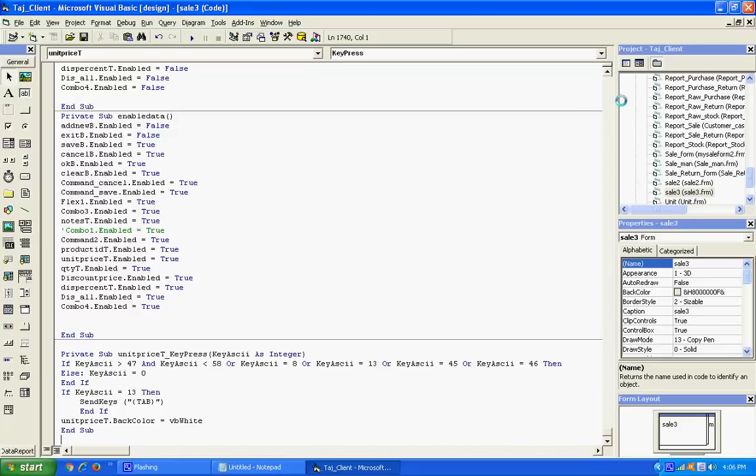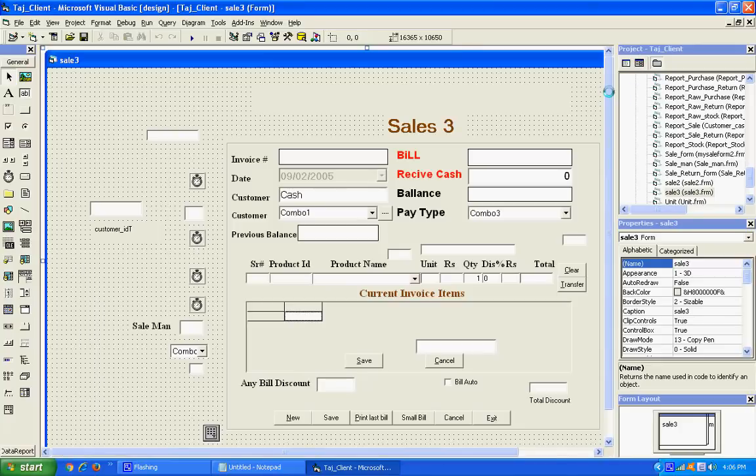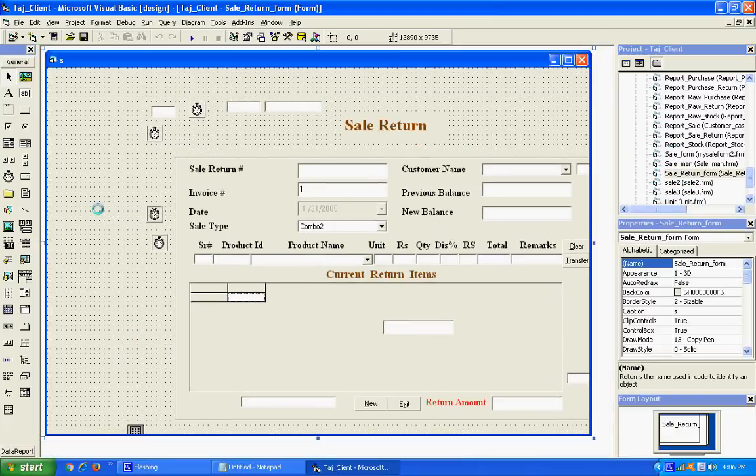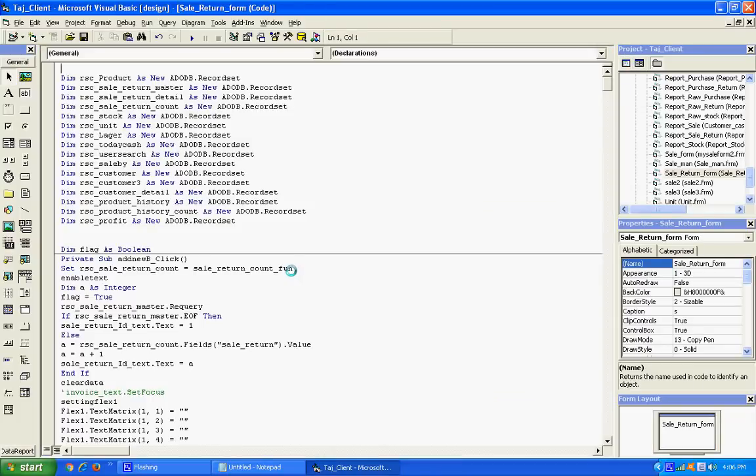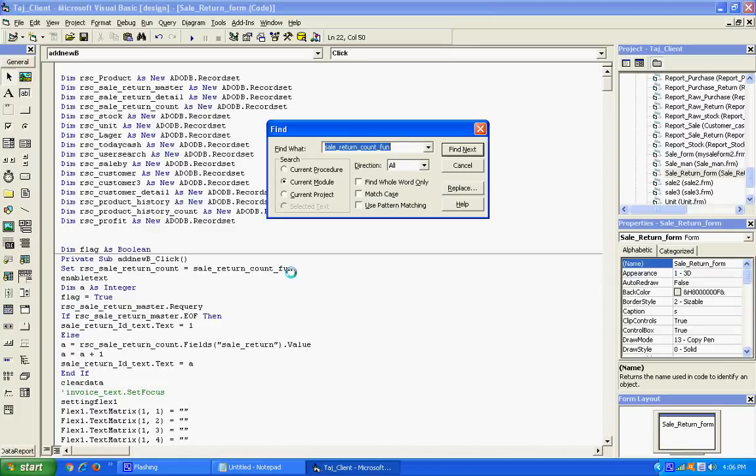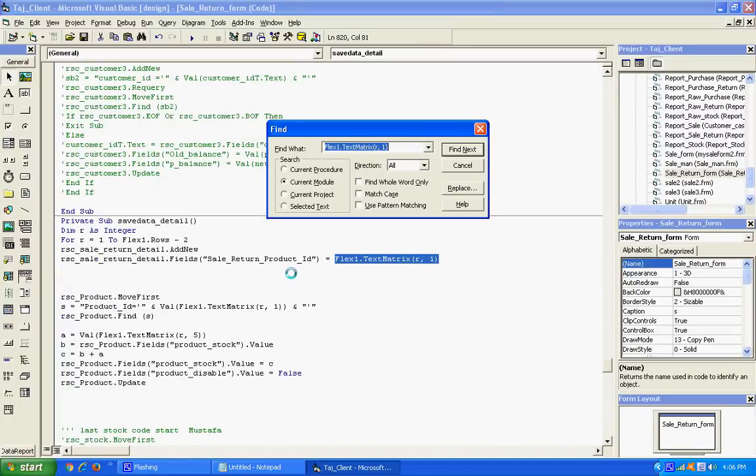Done successfully. Now I'm going to the sale return form, and in the sale return we're going to find this: sale return dot field sale dot product ID. Done.